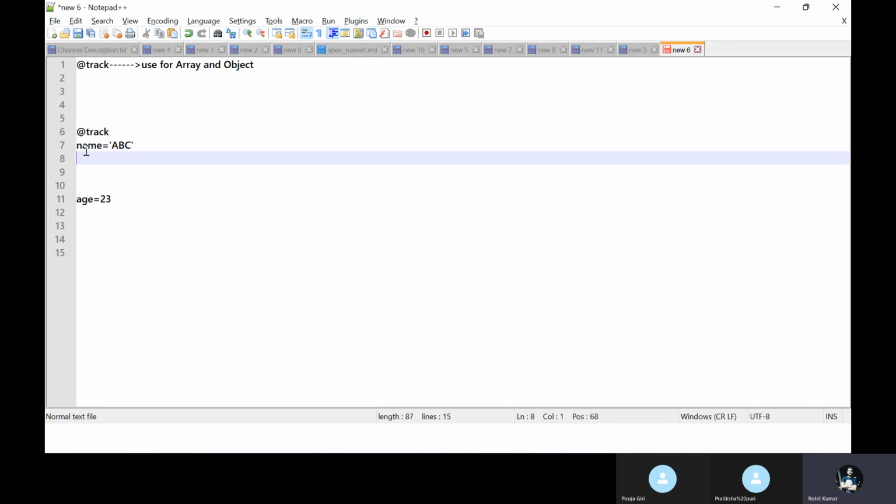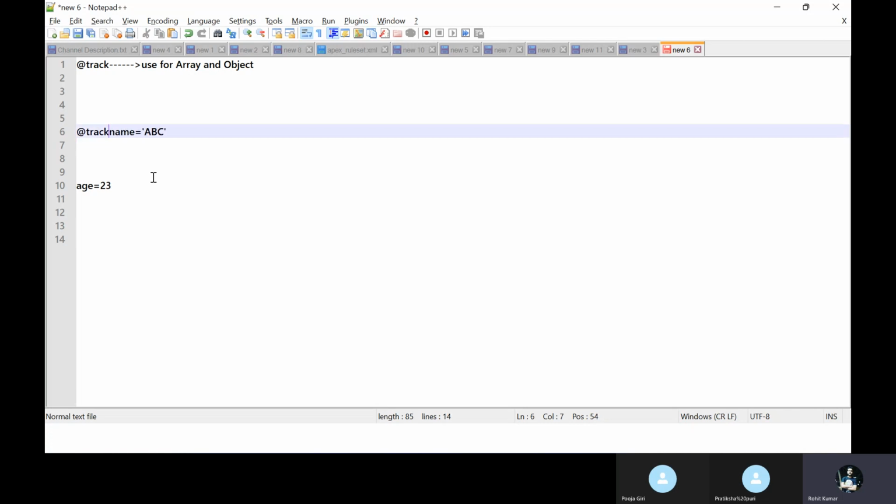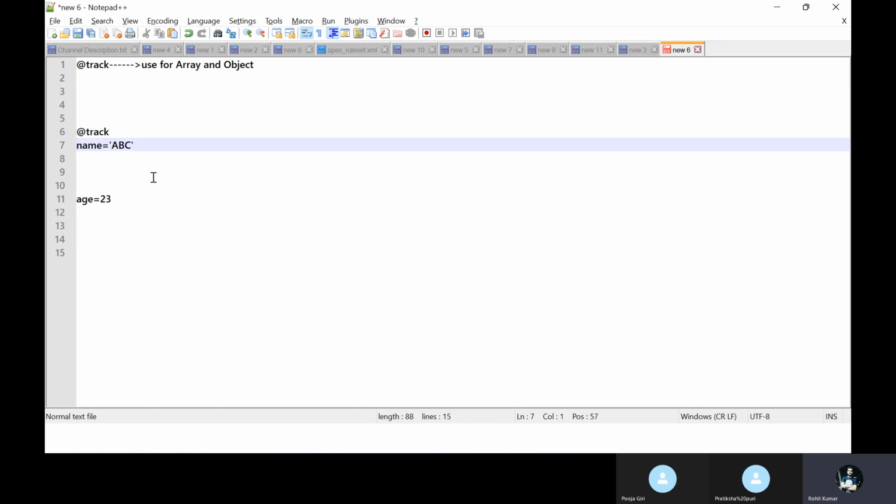This is one way, and you can also write it directly, like @track name ABC. This is another way to write your track decorator with a variable, and you can use either based on your compatibility or understandability. So you can use it based on your requirement, right?